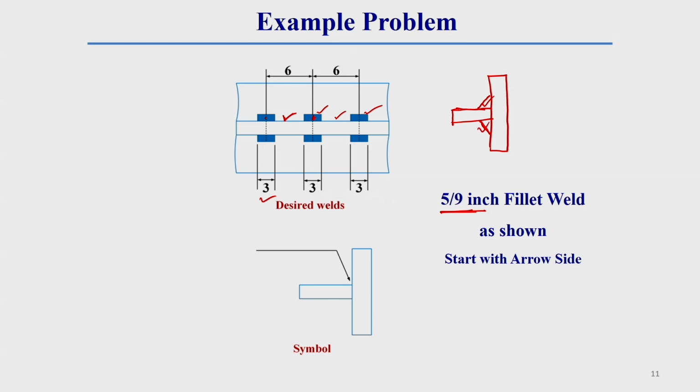Here, generally, whatever welding is done on this side, which is the arrow side, the same welding is done on the other side also. So what should be the welding symbol here? Generally, for both sides, first of all we will provide the welding symbol. What type of welding symbol is it?